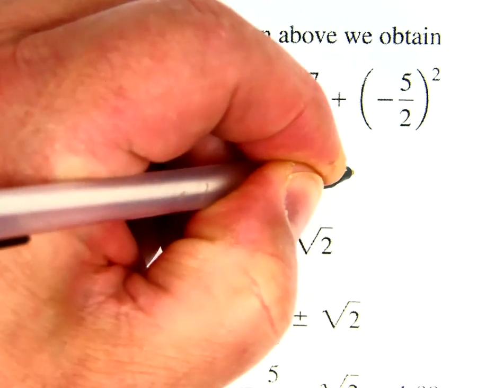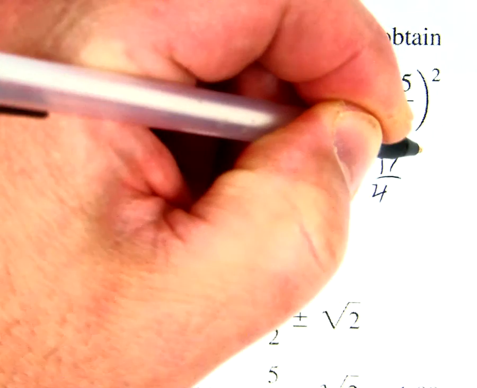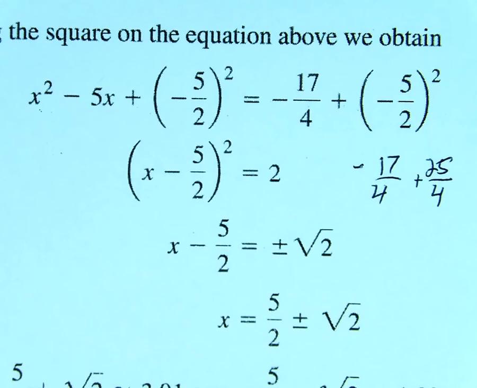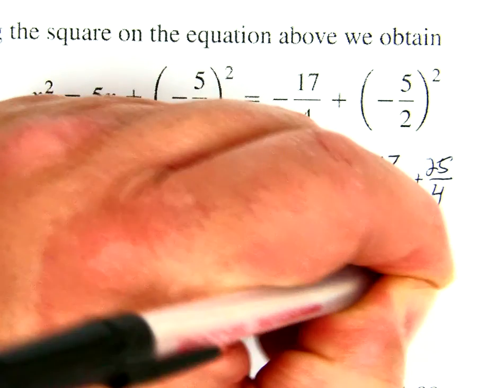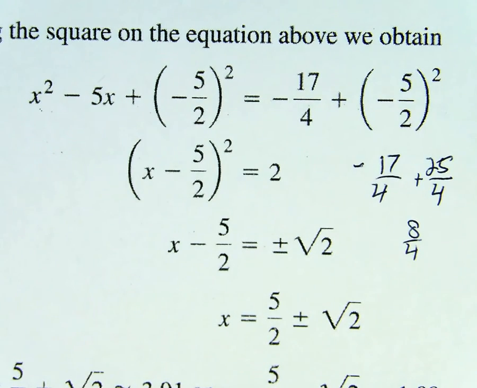And on the other side, we do a little work: negative 17/4, when you add the square, which is a positive number, 25/4. Okay, and 25 minus 17 is 8, so that is 8/4, which reduces to 2. So that gives us this portion of the equation. Now we're back to